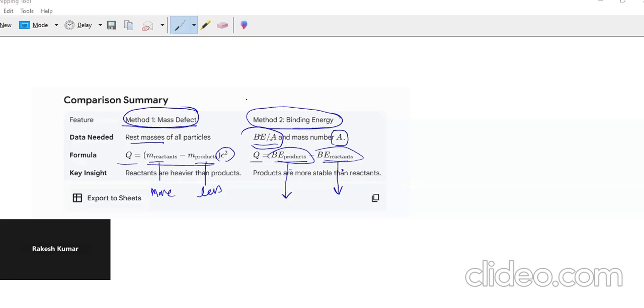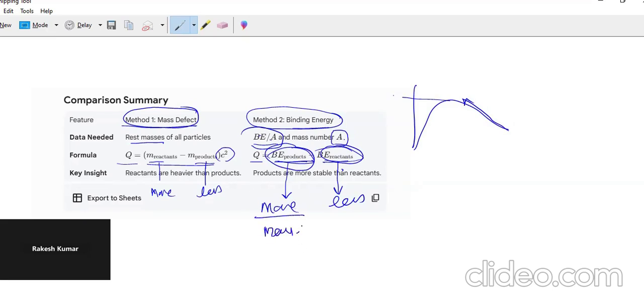The important thing is that the binding energy of the products is more than the binding energy of the reactant. So this is more, this is less. Now, why is the binding energy more? If you know the curve, if you go fission, you're moving here, so you are increasing the binding energy. That is one reason. The other reason is that the mass is less. This mass is less, it has been converted into binding energy, so it becomes more stable. So it is something like